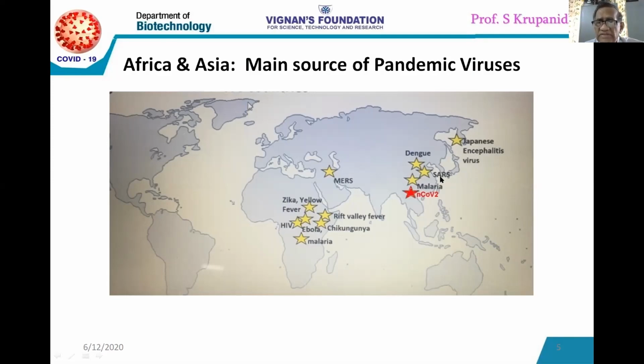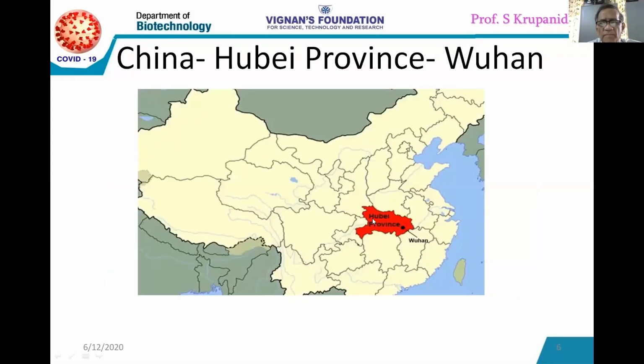Apart from this, the SARS. This SARS came into existence in the year 2002. MERS came into existence in the year 2012. And then the novel coronavirus has come into existence in 2019. And apart from this, we had Spanish flu in 1918. That is, after a century, we got very rampant viral disturbance in the society. So now this is the place, the Hubei province. In the Hubei province, almost Middle East of China, this has erupted.